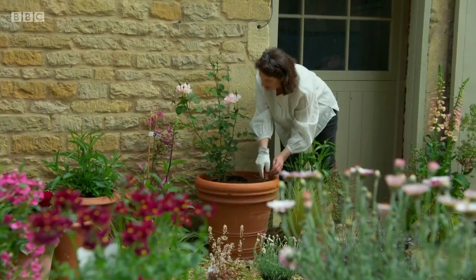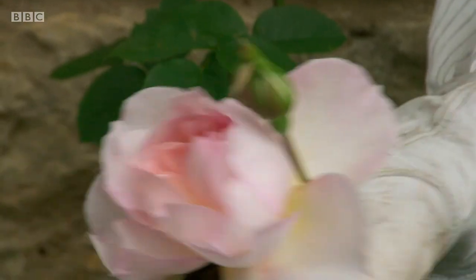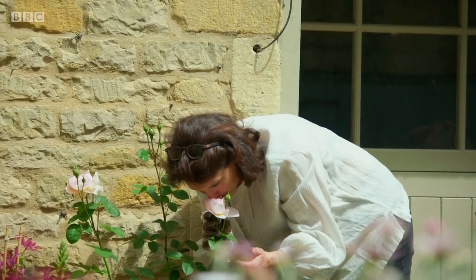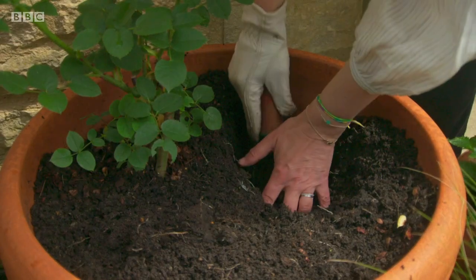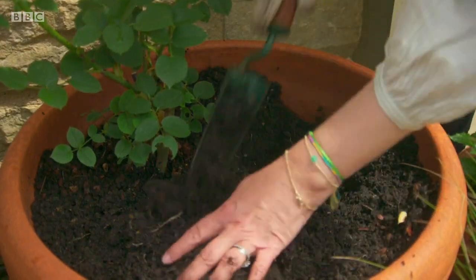So I've just started here with a rose, and this one's a beautiful English shrub rose called Gentle Hermione, and it really is that lovely kind of shell pink colouring, and that is a wonderful fragrance, a myrrh fragrance, really sweet and delicious. And then I just want to build up a nice recipe of plants to complement it, and